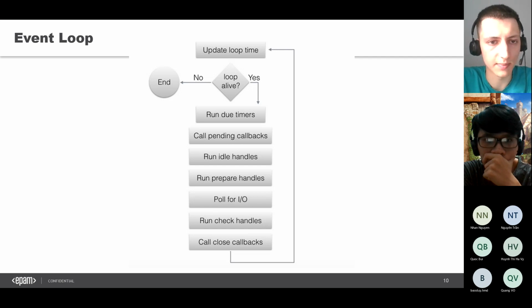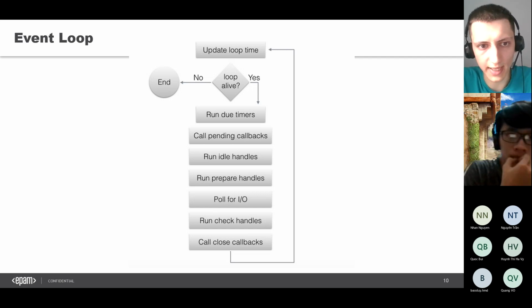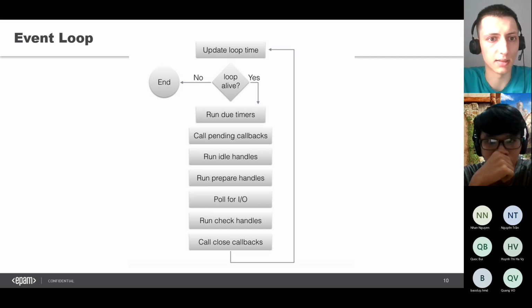For example, if in some timer we added a next tick, it will be executed right after this phase. We won't wait until the whole loop is done. Next tick and promises have a higher priority.